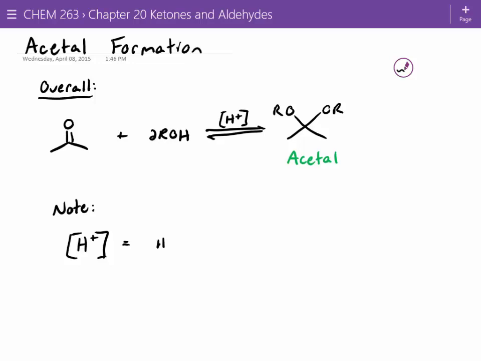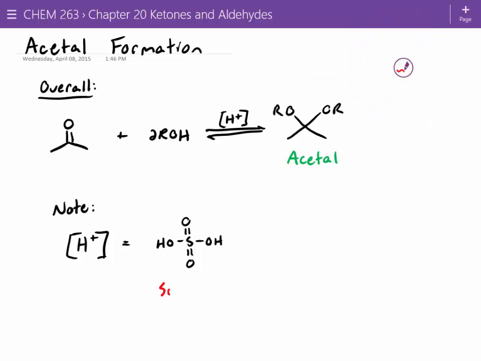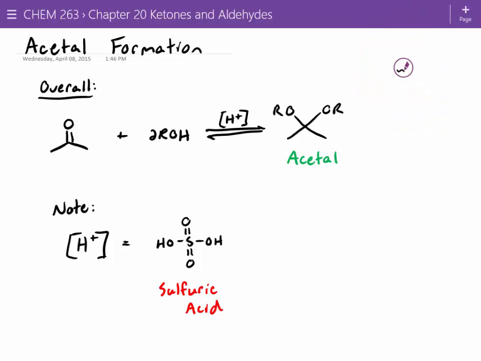You can either have this acid. Let's see if you guys remember what this is called. What's this? Nitric acid. Nitric? There's no nitrogen in there. Close. Sulfuric acid. Oh, yeah, right. Okay, so you can use sulfuric acid. The really nice thing with doing this reaction is you can literally put a drop in and the reaction will work. The other reagent that's commonly used